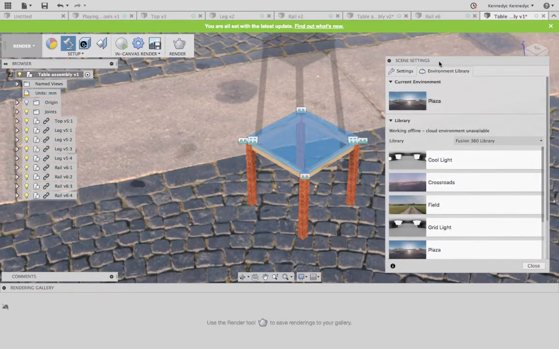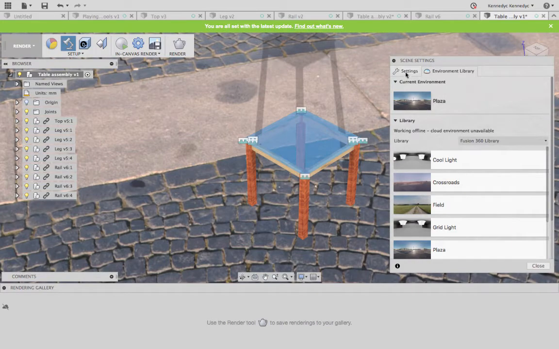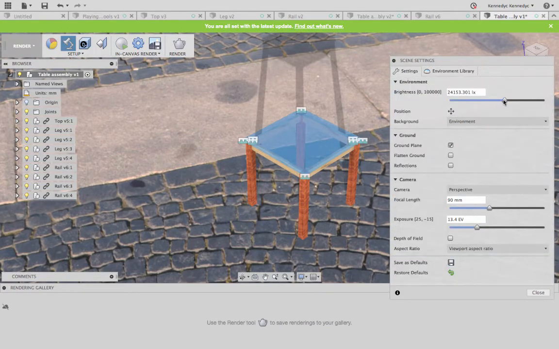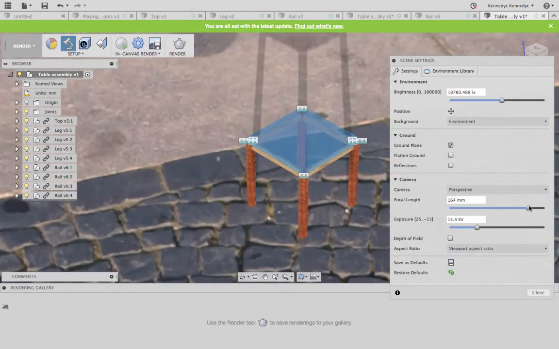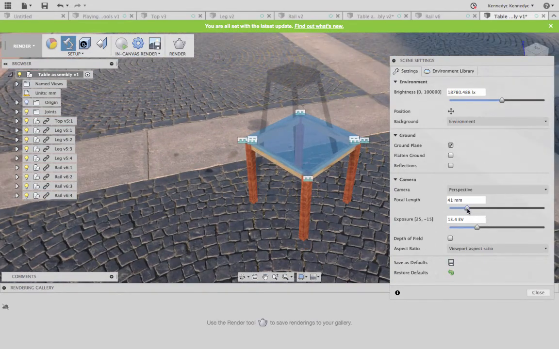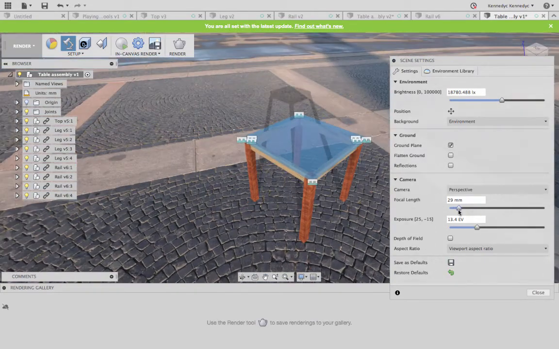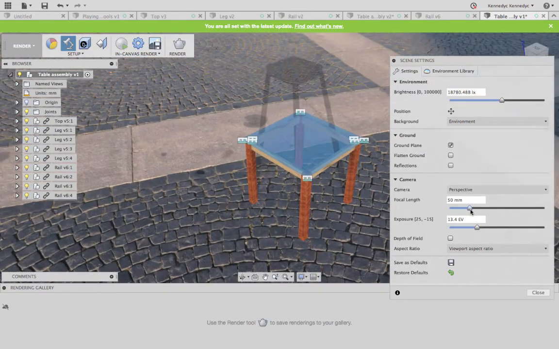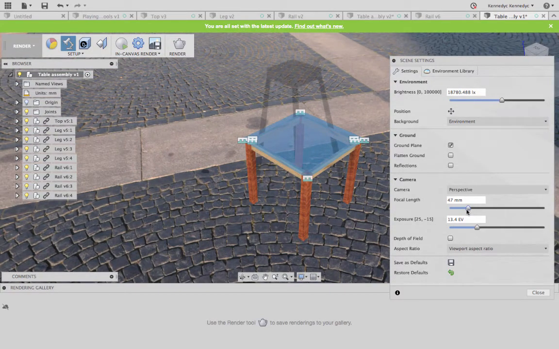Now at the moment, that doesn't look too convincing in terms of size and proportion, and we can come through and play with some of those settings. So under settings, we can play with the brightness, we can play with the focal length, so I can zoom in, I can zoom out to get that correct size, and